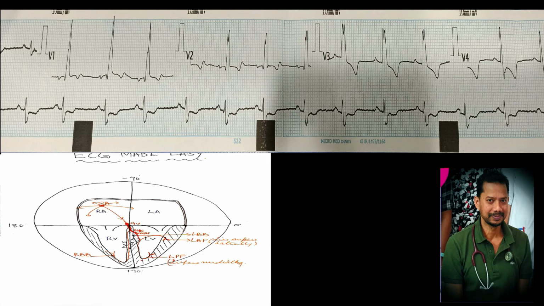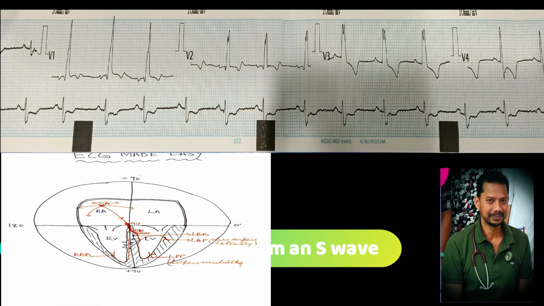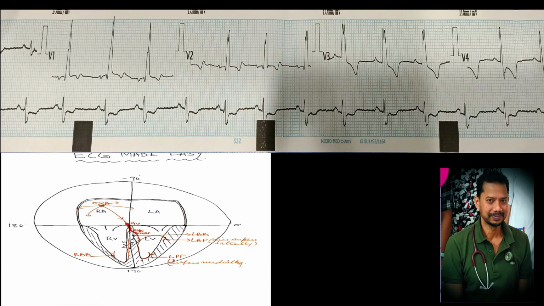And then you see there is an S wave, R S R dash. So why is this S wave formed? Again, look at the circle and look at the ECG. Once the interventricular septum is depolarized, the electrical impulse then travels to the left ventricle, and the left ventricle getting depolarized forms the S wave, because the impulse is going away from V1, so it is perceived as an S wave. It can't be a Q wave because it is not an MI. Okay, so the S wave is formed.